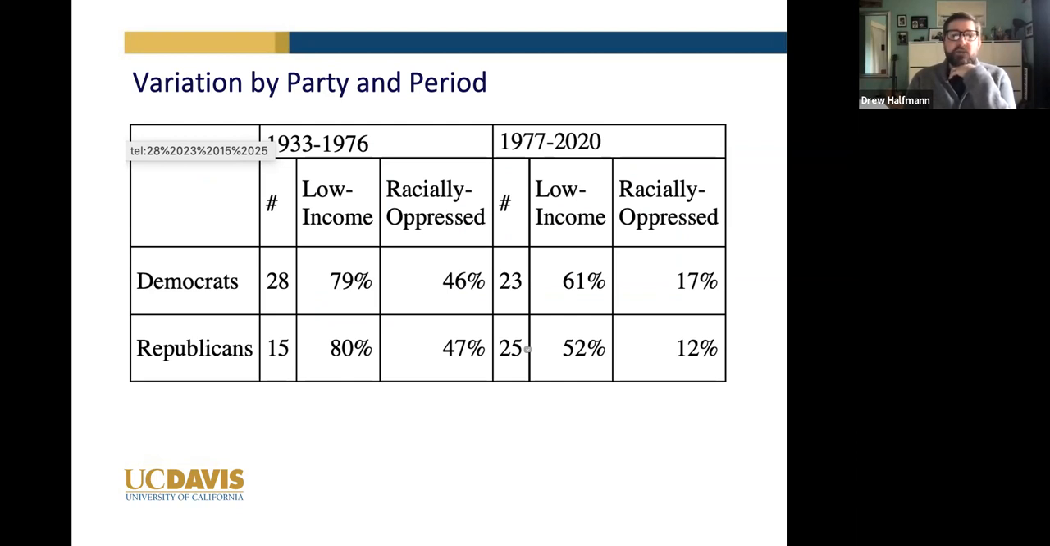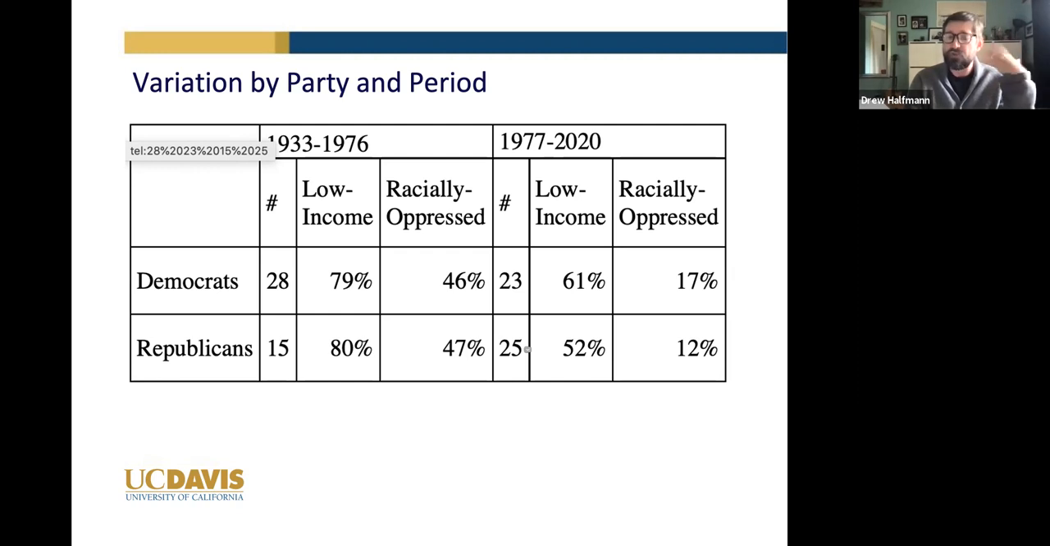The percentage of the Democratic messages that referred to low-income people was 79%. The percentage of Republican ones was 80%, so very similar. Same with racially oppressed people, 46% for Democrats, 47% for Republicans. So Democrats did make many more speeches. So in absolute terms, yes, they did refer to these groups more often than Republicans did. And that is meaningful because